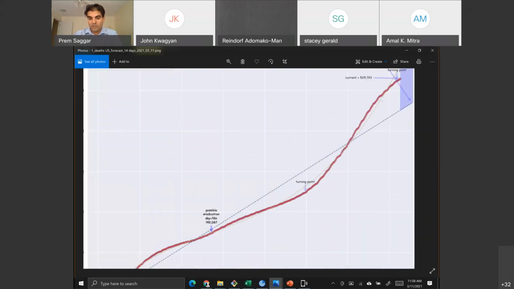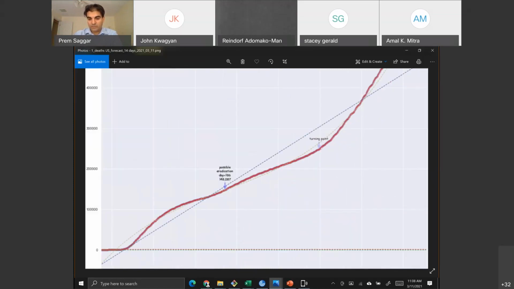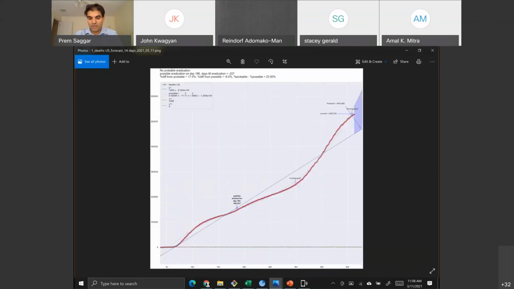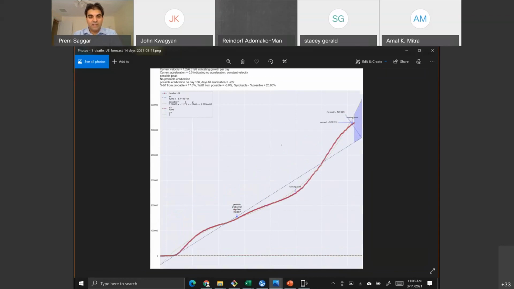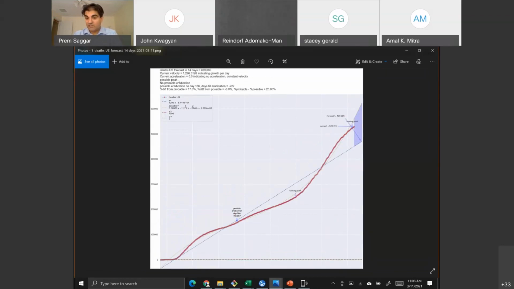That may be better. So there's a turning point here. All right, this is a couple of months back, right? And there's a turning point here, right? And so this is a turning point on our way up, inflection point, if you will. And this is another turning point saying that things are, in fact, slowing down, right? At least in the short term, we can see that. Right? And I'll talk about how we derive that in a couple of minutes. So there's a possible peak for deaths, okay?